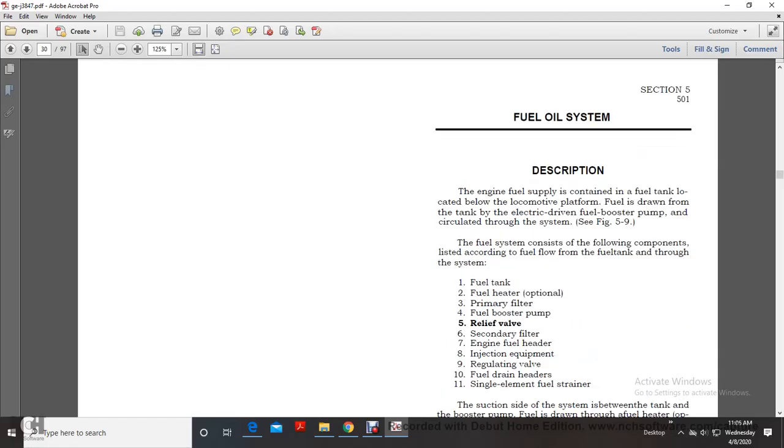Alright, Section 5, Fuel Oil System Description. Engine fuel supply is contained within the fuel tank located below the locomotive platform. Fuel is drawn from the tank by an electrically driven fuel booster pump and circulated through the system. Figure 5.9. The fuel system consists of the following components, listed in accordance with the fuel flow from the fuel tank